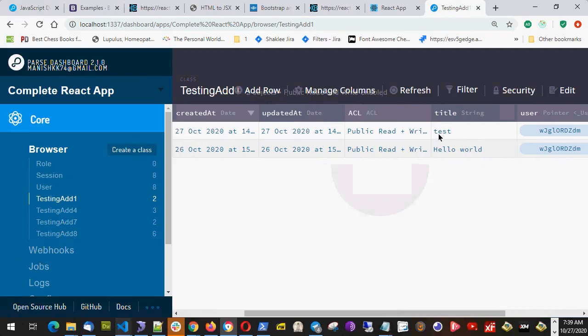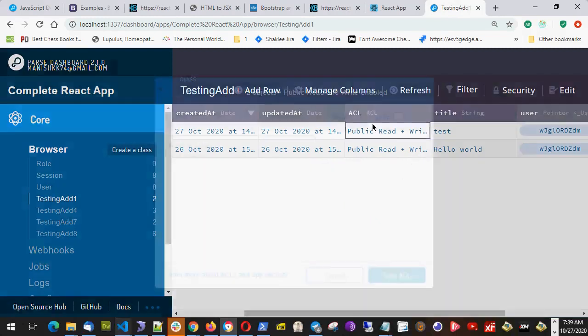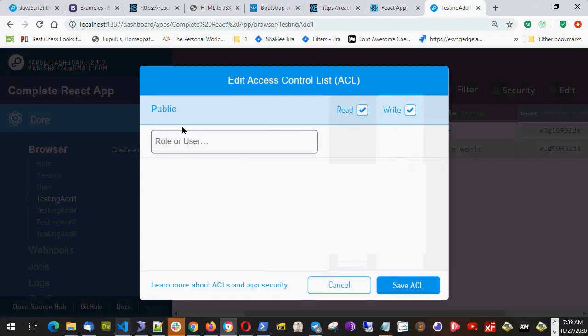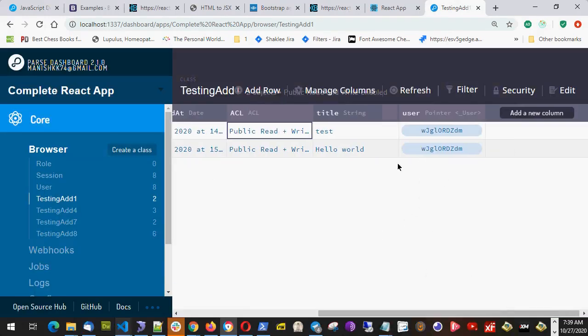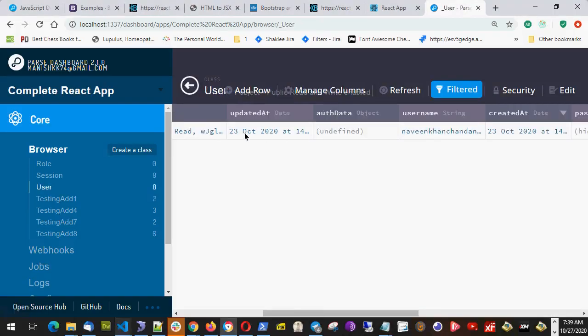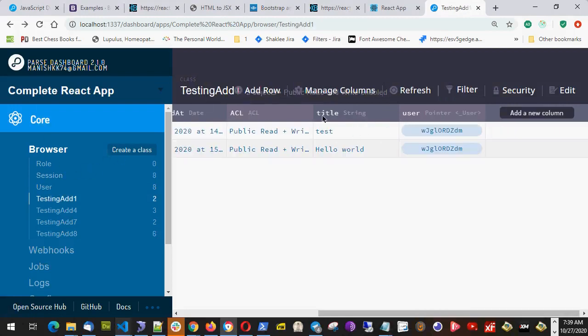So you will see I submitted this test, and you will see the ACL is both read and write for public. So that means though this record is created, it can be deleted by any user. We only create the record, and who is the user who created it? This is the user we created. We have this user, and we have the title, that is test, which is created,